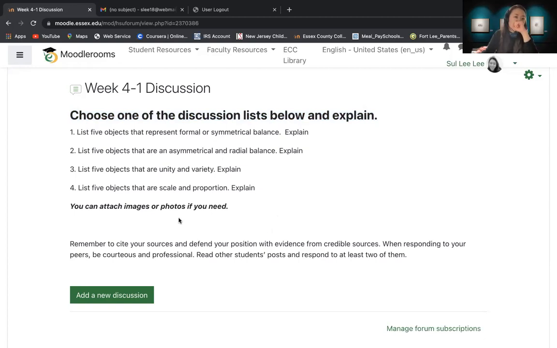So for example, maybe if you find the symmetrical balance, it can be like a butterfly, or like a wedding invitation. Or like AirPods, they are also symmetrical balance, right? Anything, daily stuff, can be found with the symmetrical balance. So like that, just list up 5 principles of design around you,